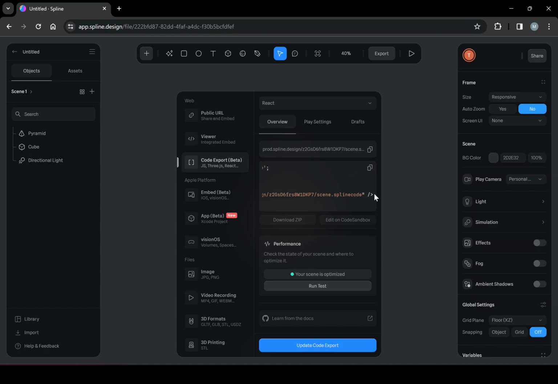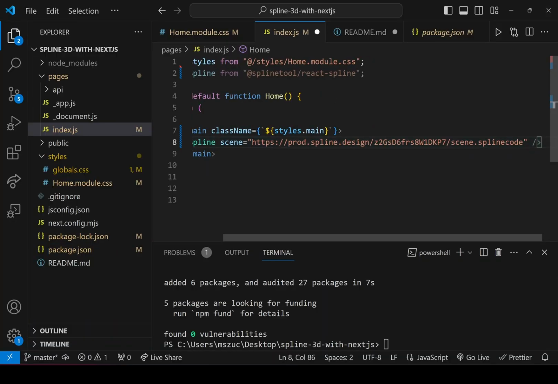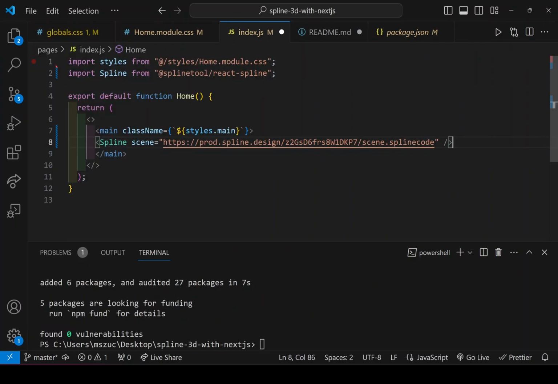And then we got this line of code right here. We only want to copy this Spline tag that contains a scene with its information. And we're going to add this line for Spline right here in the main of our application. And this is where it's going to link to this project, and it should automatically work.